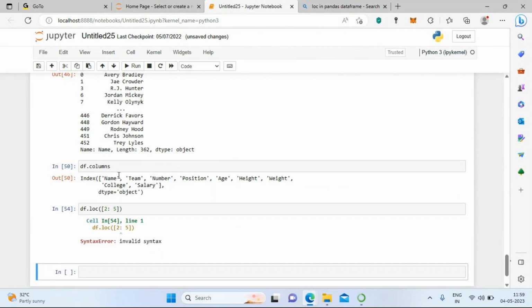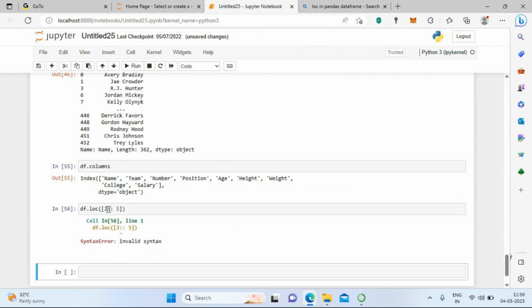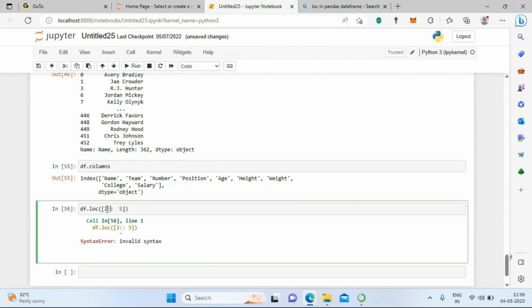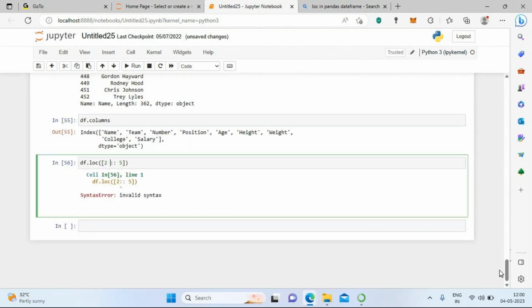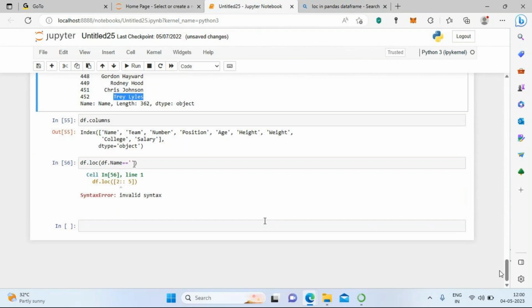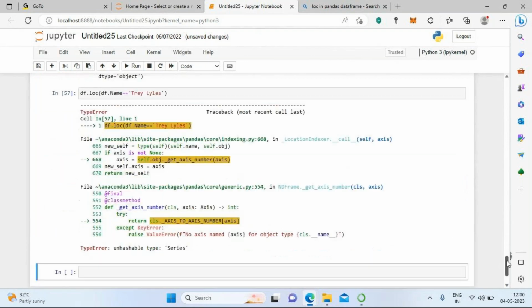Okay, it was not working actually. 2:5 is also not working. df dot name equal to name is Preslice. Okay. Unhashable type